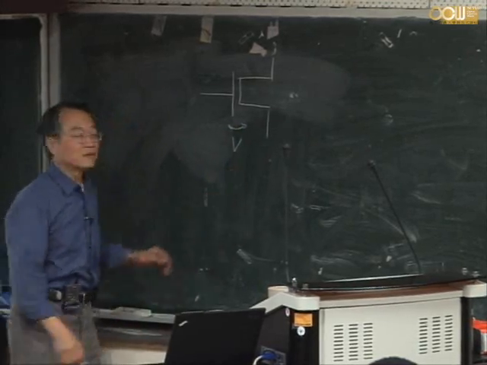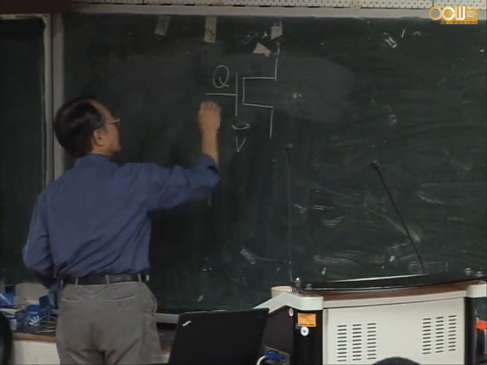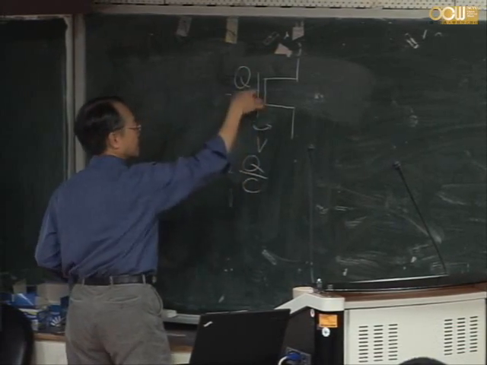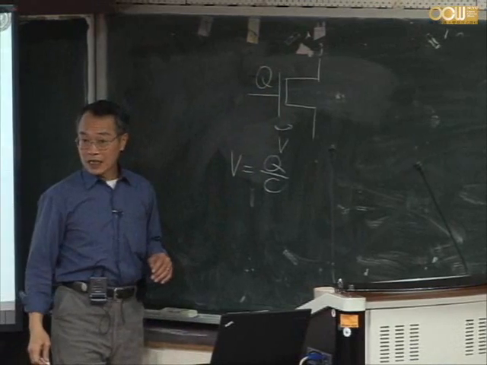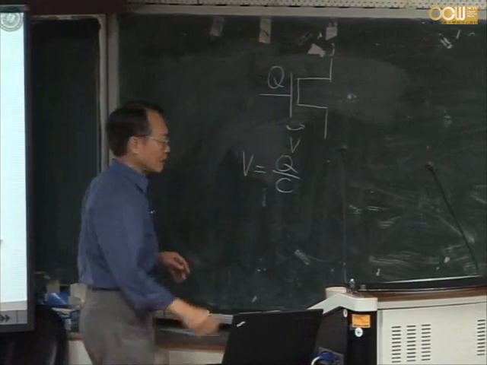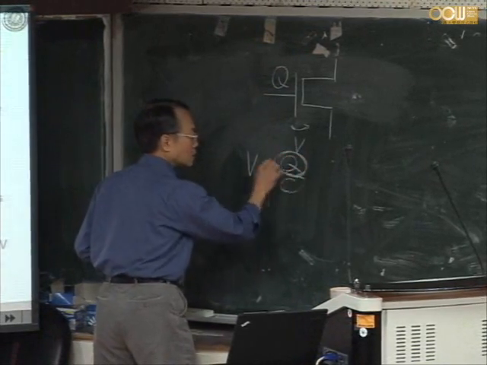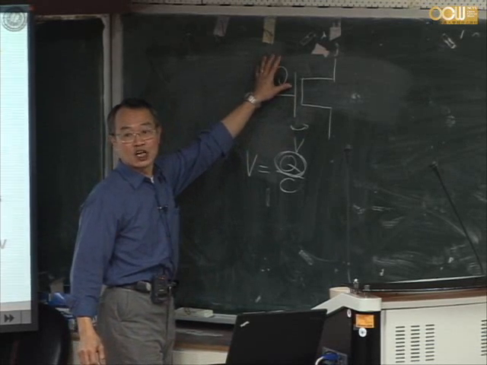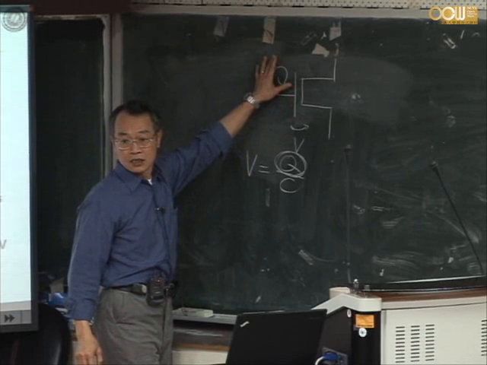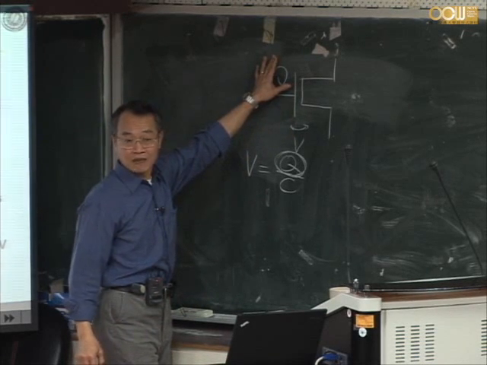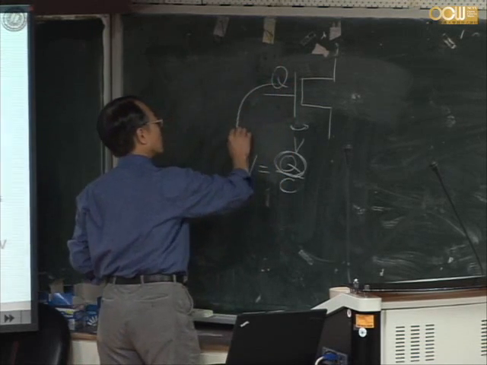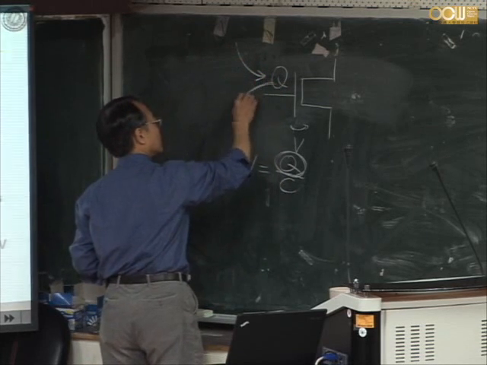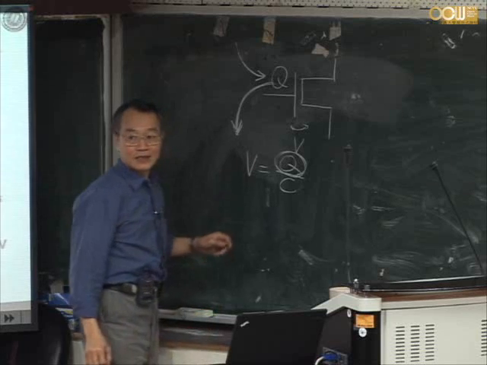And this voltage comes from the charge on the gate. So V is equal to Q over the capacitance of the gate. So the real signal comes from the charge. If you want to turn this transistor on, you put that much charge on the gate. Later, if you want to turn it off, you drain the charge. So you need to charge it up, discharge it. That's how